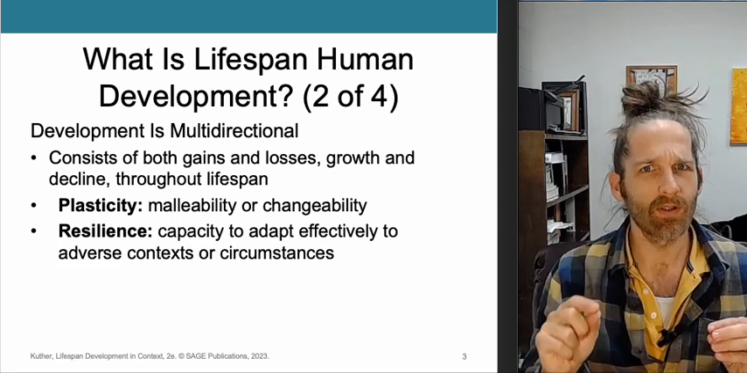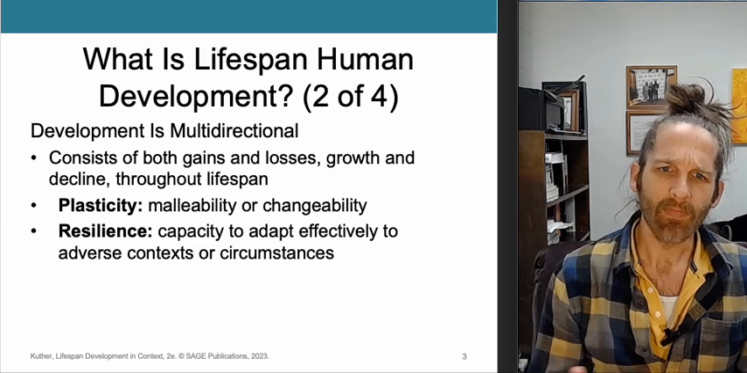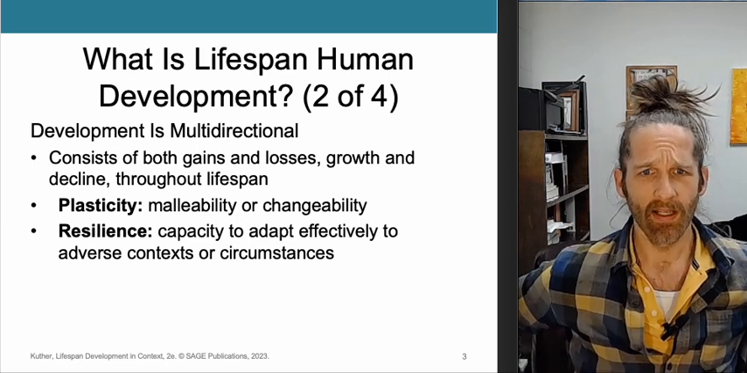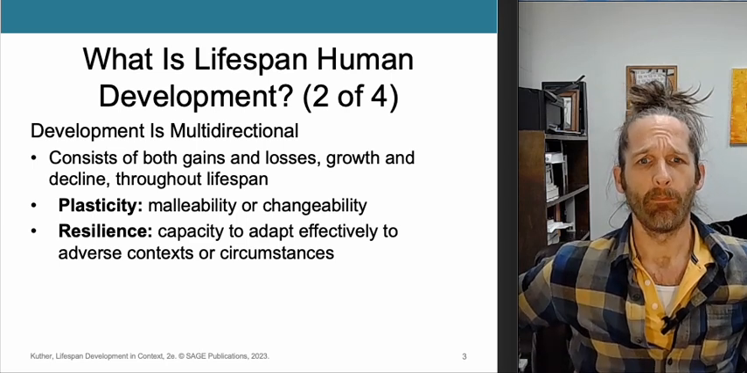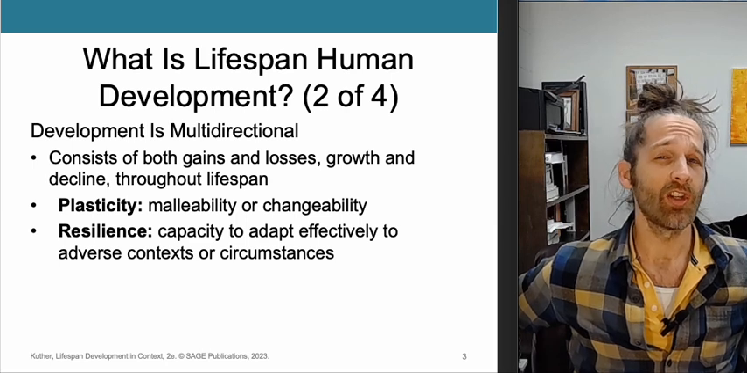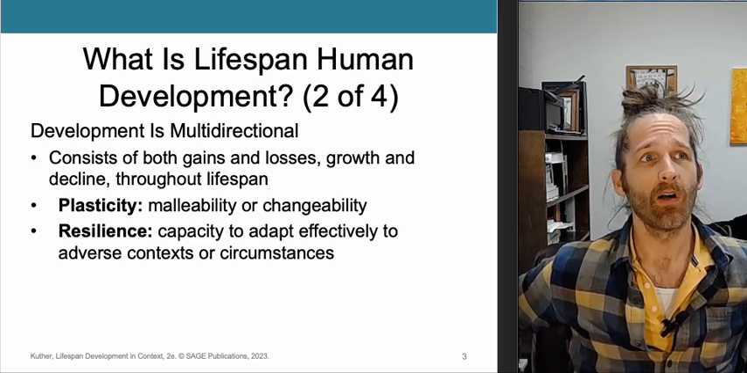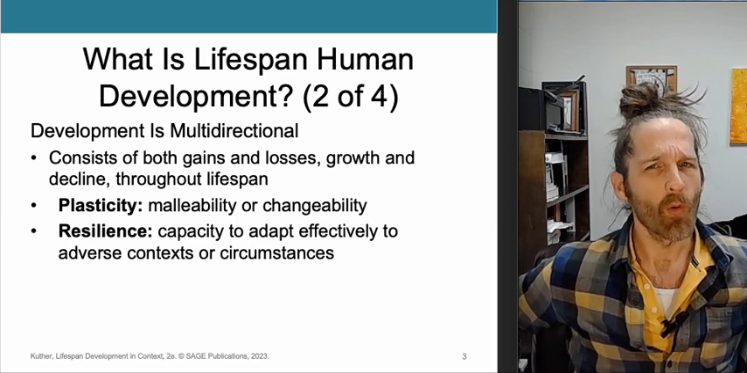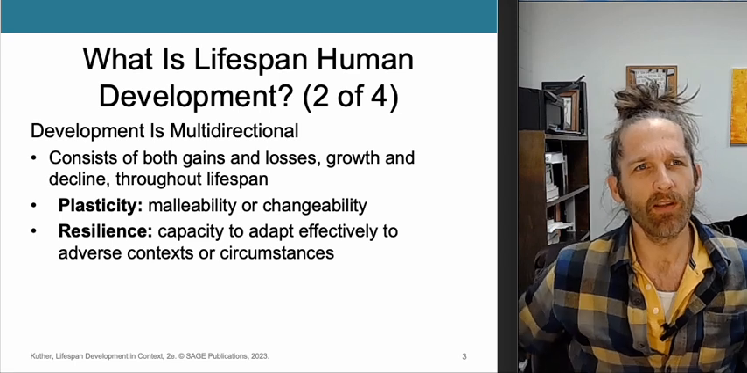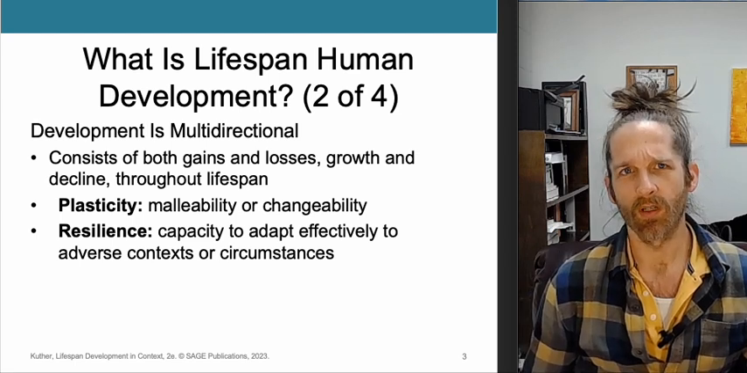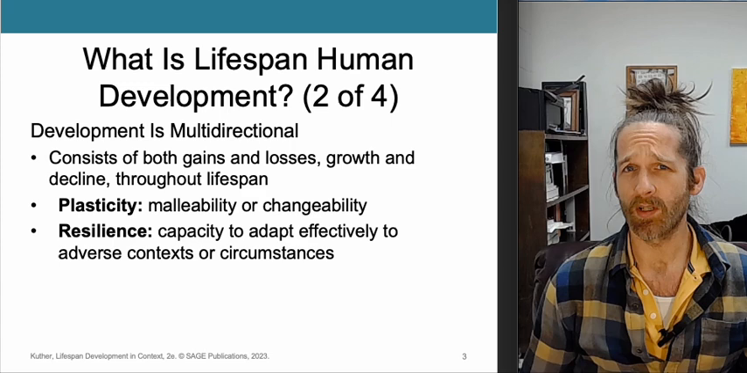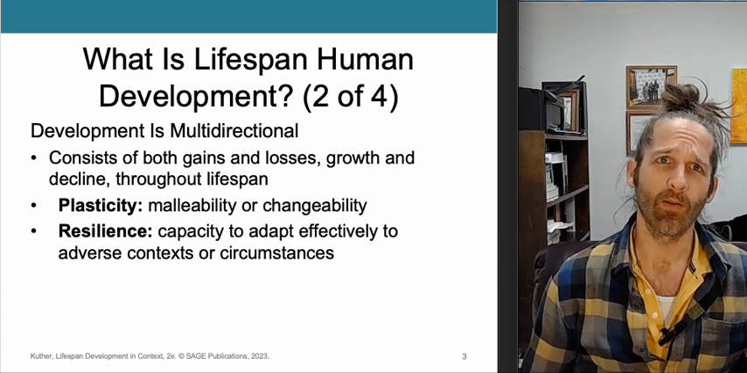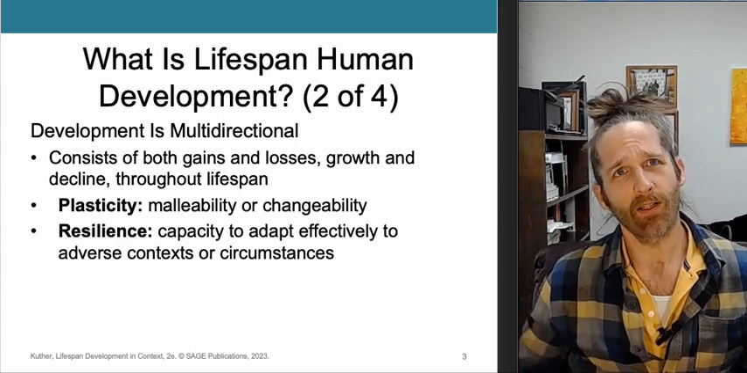It moves in a variety of directions. I've talked already about plasticity. That simply means the degree to which something can change. So moral plasticity would be the degree to which your morals could transform from one moment to the next. So you might think of something as black and white in this moment, and then the next moment completely change